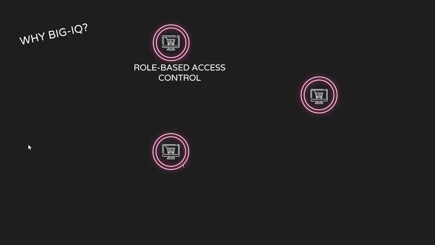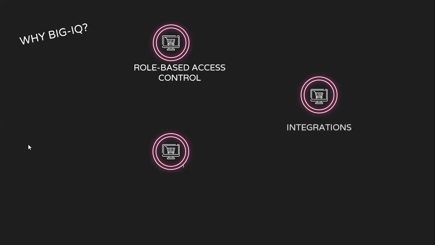Now, using BigIQ, you can customize those roles. You can create your own permissions. You can let the application team manage their applications without even depending on the network administrators. You can define who can edit and deploy the policies, who can see the different statistics. So that is the level of control that you can manage via the role-based access control feature.